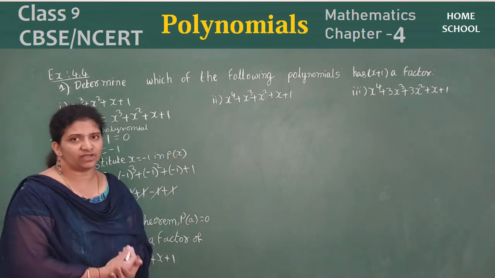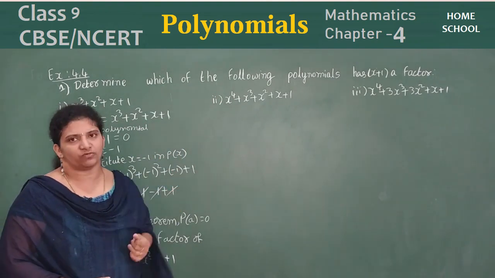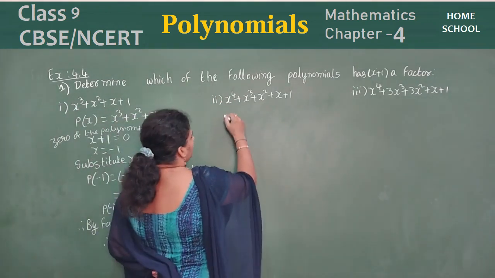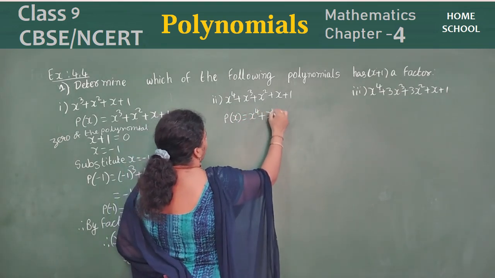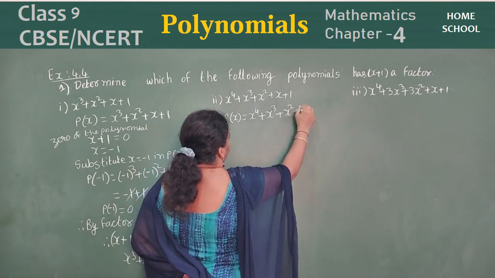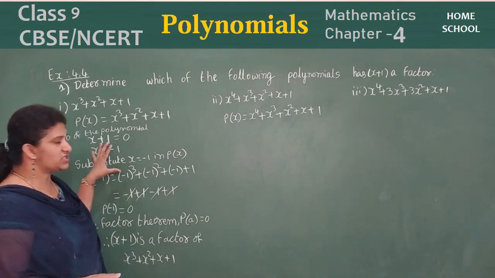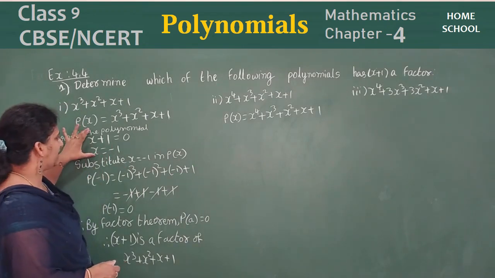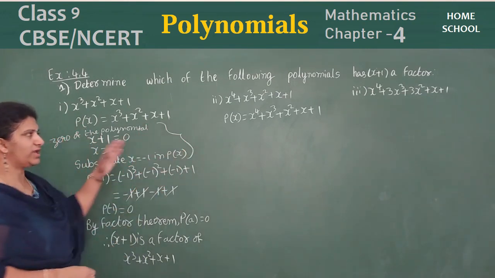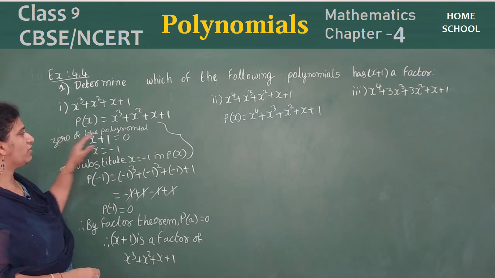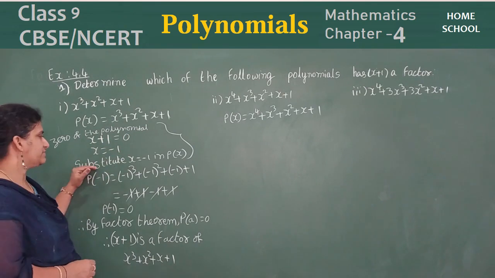Similarly, let's see the second one here. Same polynomial, we need to check for all the sub-questions. So what I can write here? Let us assume this as a polynomial. P of x is equal to x power 4 plus x cube plus x square plus x plus 1. Okay. What is the 0 of a polynomial? We have done in first question, children. You can repeat these 4 lines for every problem. So 0 of the polynomial, x plus 1 equal to 0, x equal to minus 1,